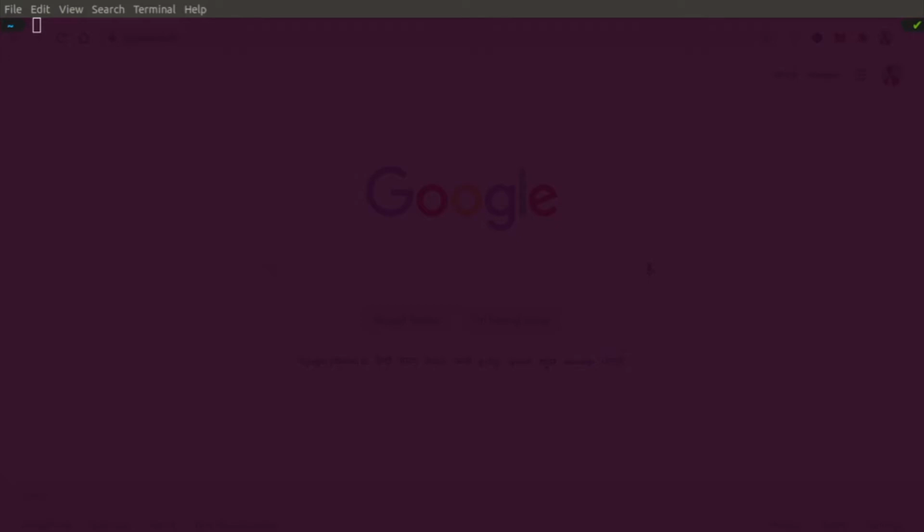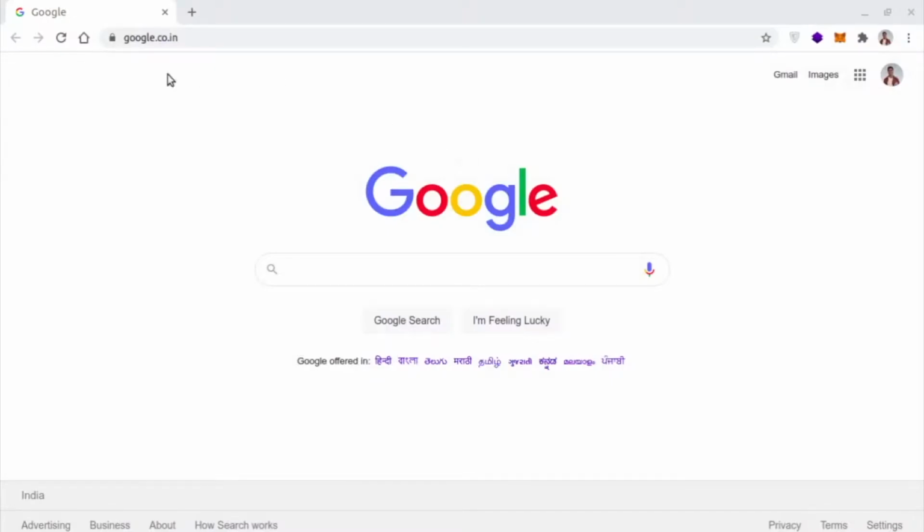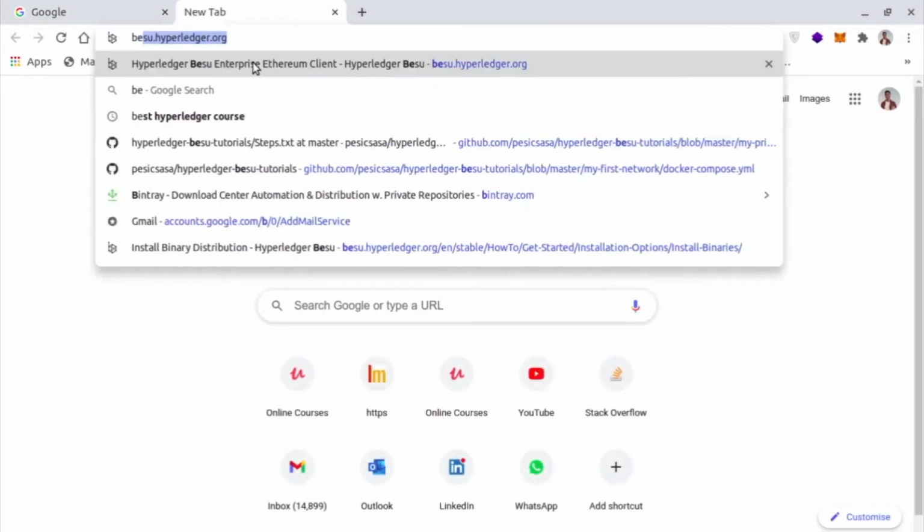In this lecture, we will be going to install Besu on Linux environment. For this demonstration, I am using Ubuntu OS. So to start the installation, head back to the browser and visit